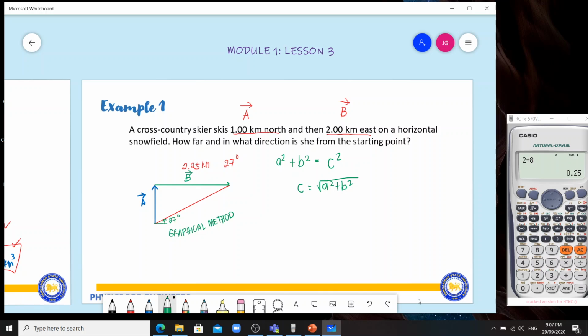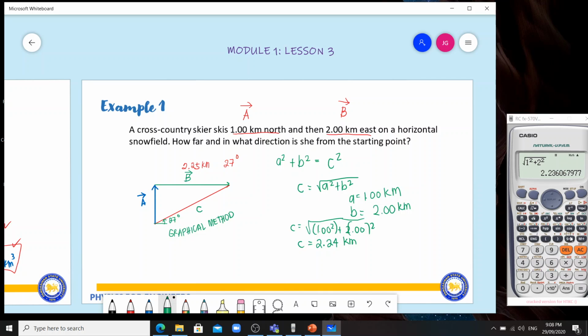Okay? So, ang a natin dito, for example, is 1.00 kilometer at yung b natin dito ay 2.00 kilometers. Kung isosolve natin siya, ang c natin, yung hypotenuse, ay square root of 1.00 squared plus 2.00 squared, which is square root of 5 or 2.24. Okay, medyo malapit kasi sa 2.25. So, ang c natin ay 2.24